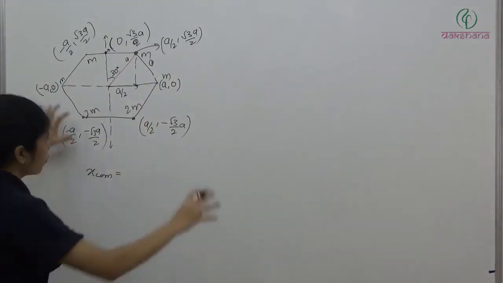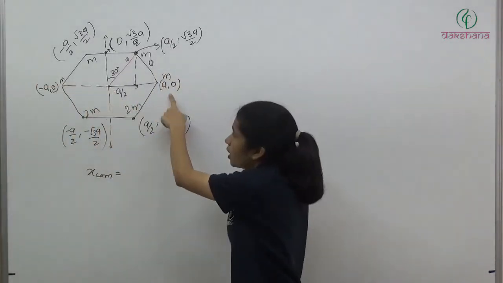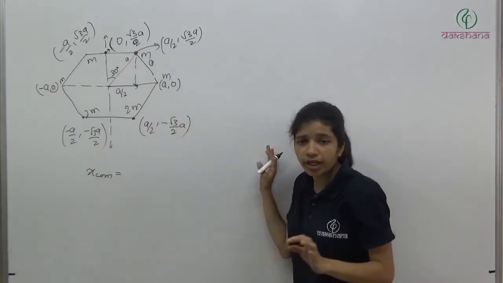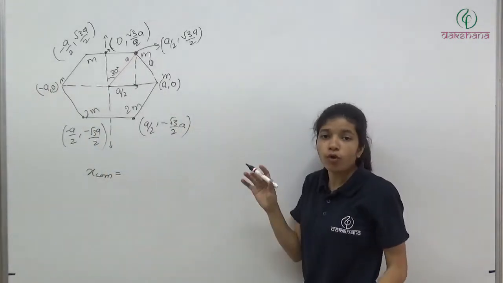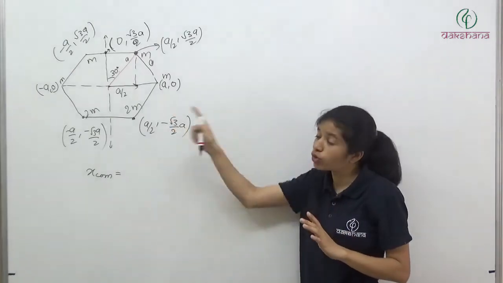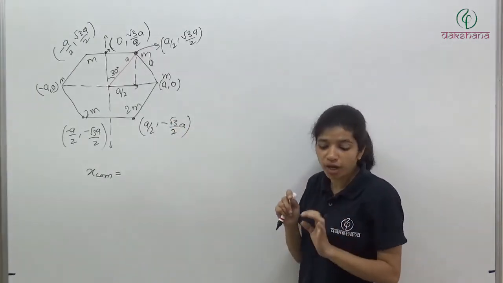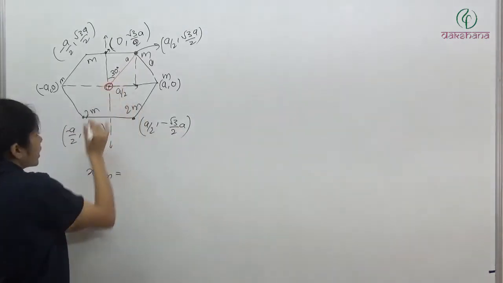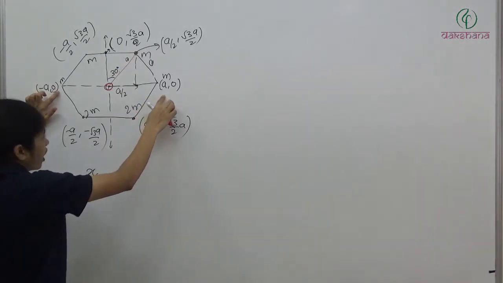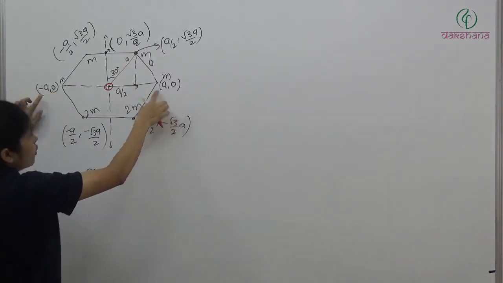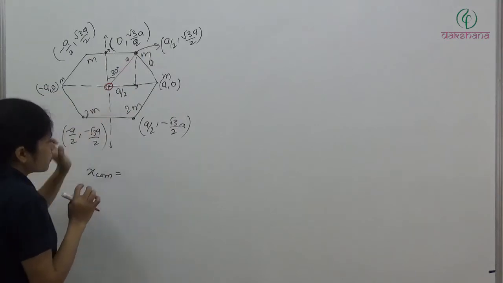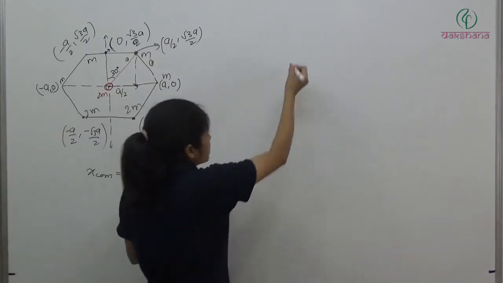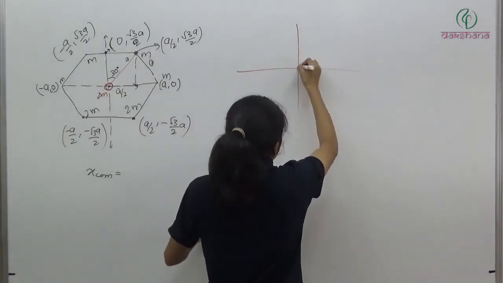Now one more thing we can do is, see, if we look at only these two particles, it is kept at A and it is kept at minus A. Okay? Minus A, comma 0, A, comma 0. What will be their location? Just for those two particles, what will be the location of center of mass? It will be at this point, exactly middle point. Here we have M, it is kept at minus A, it is kept at plus A. So its location will be at this point. And what will be the mass? Mass will be 2m.